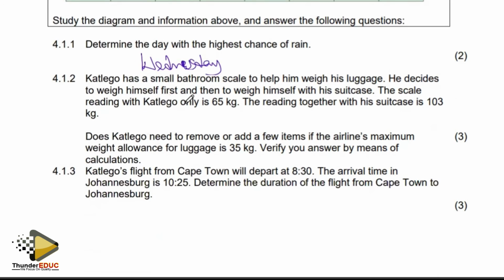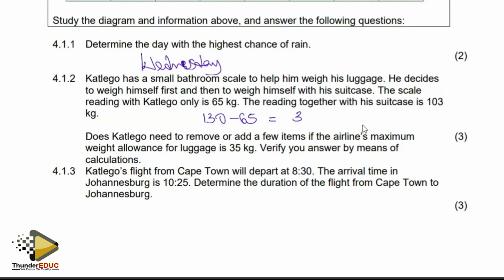Katlego has a small bathroom scale to help him weigh his luggage. He decides to weigh himself first and then to weigh himself with a suitcase. The scale reading with Katlego only is 65 kg, and the reading with the suitcase is that much. Does Katlego need to remove or add items if the airline maximum weight allowance is 35 kg? So here we need to subtract 35 minus 65. And the answer became